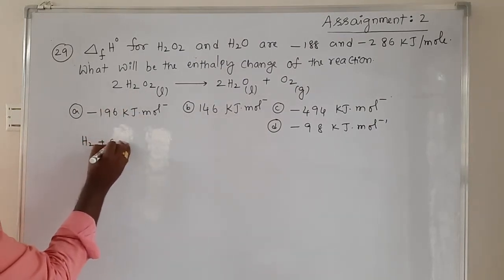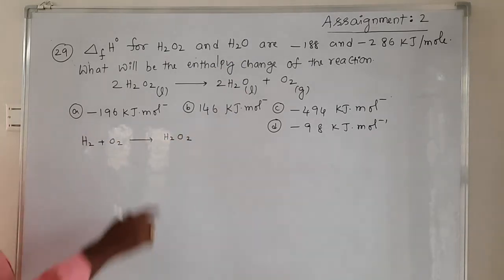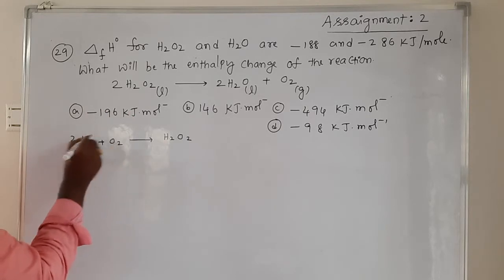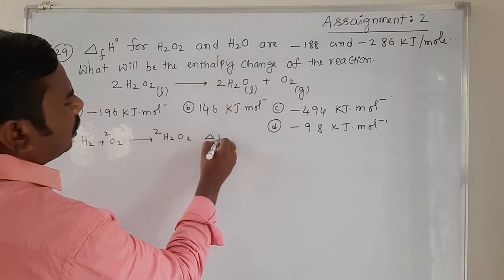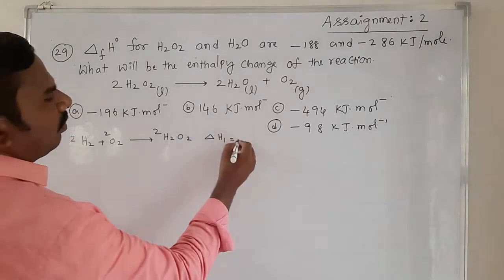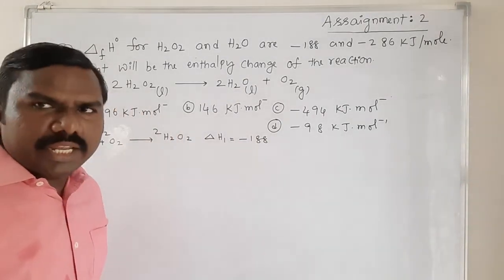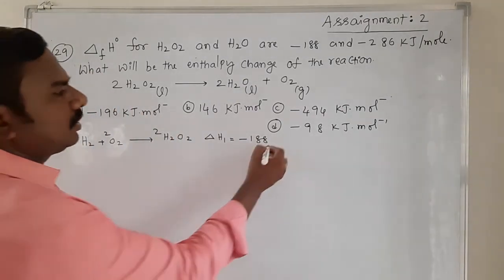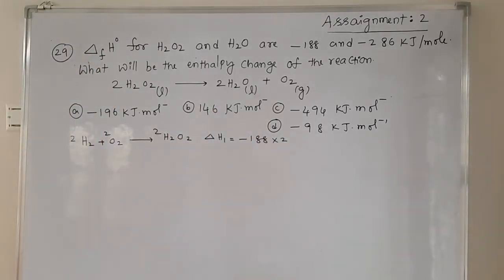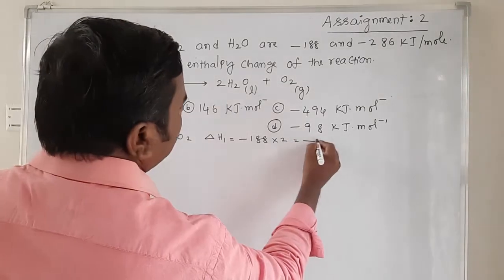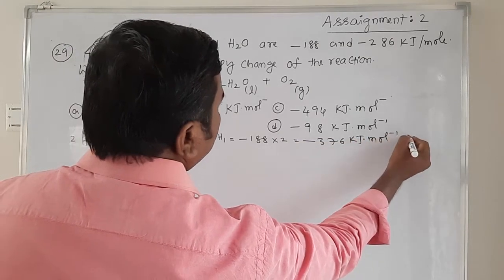H2 plus O2 gives rise to H2O2 formation. So 2 moles required for us, that's why 2, 2, 2. So that is equal to delta H1 we are considering, it is minus 188. If 1 mole is minus 188, but here 2 moles formed, hence it is into 2. Right, students? That is minus 376 you will get. Minus 376 kilojoules per mole, inverse. Take it as 1.